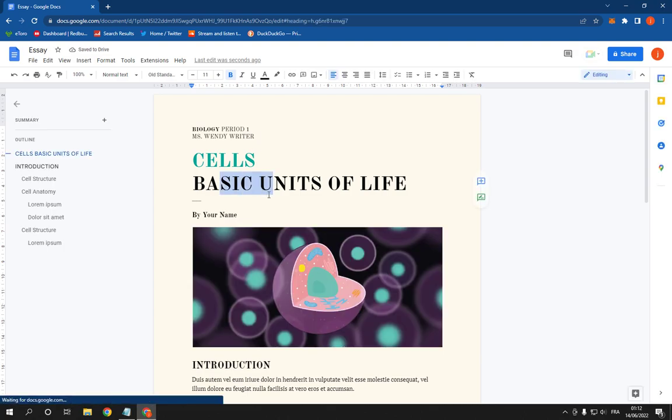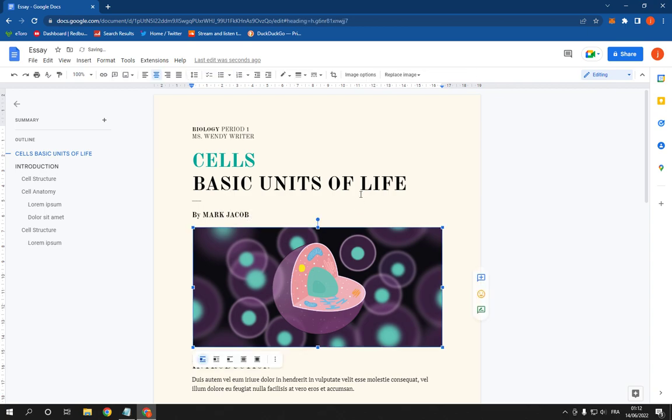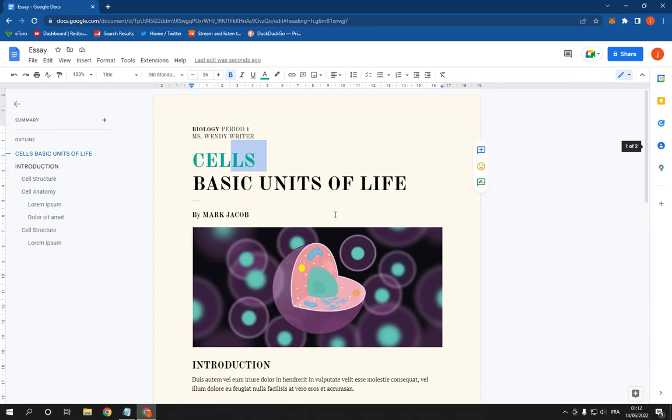Now you can change everything here, for example the name, the pictures, and many other options. And after you finish editing this essay, all you have to do is go to the top here and